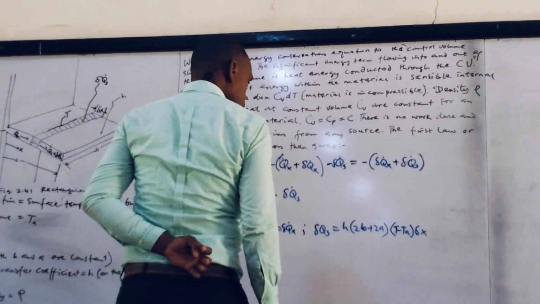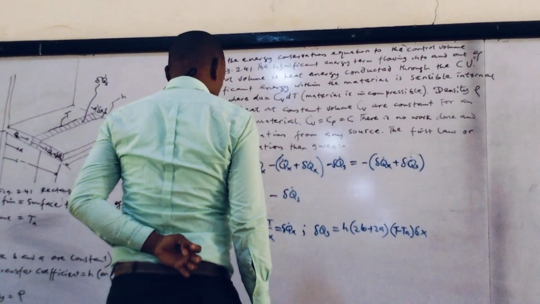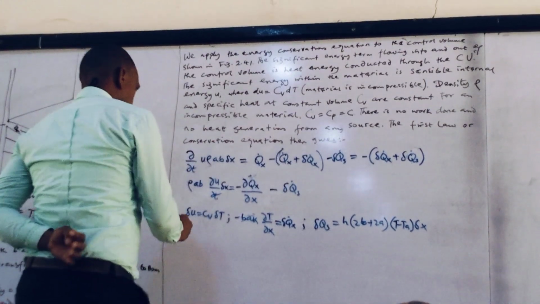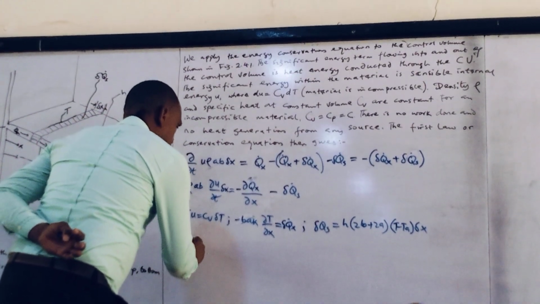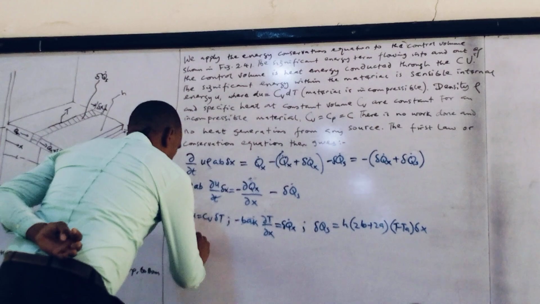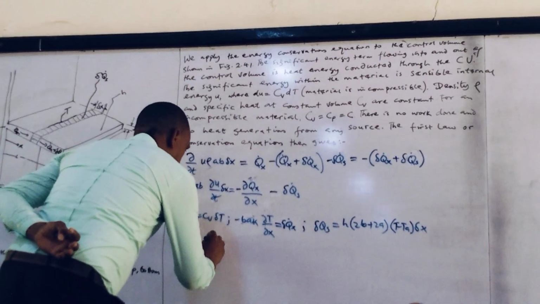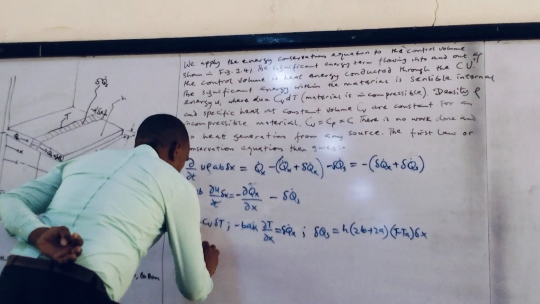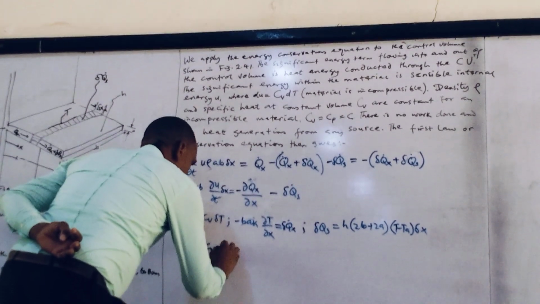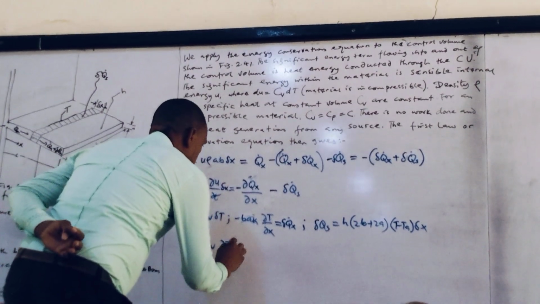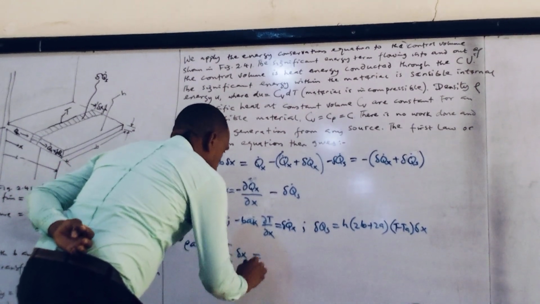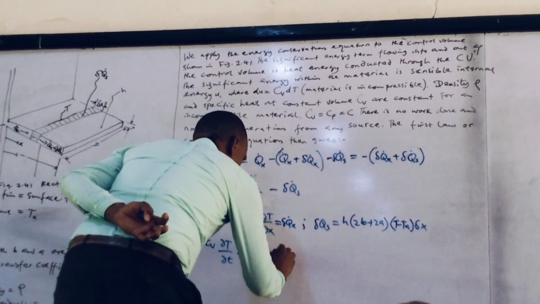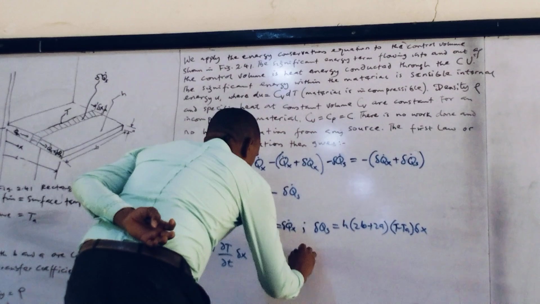So if you substitute, you have rho ABC dT dx is equal to